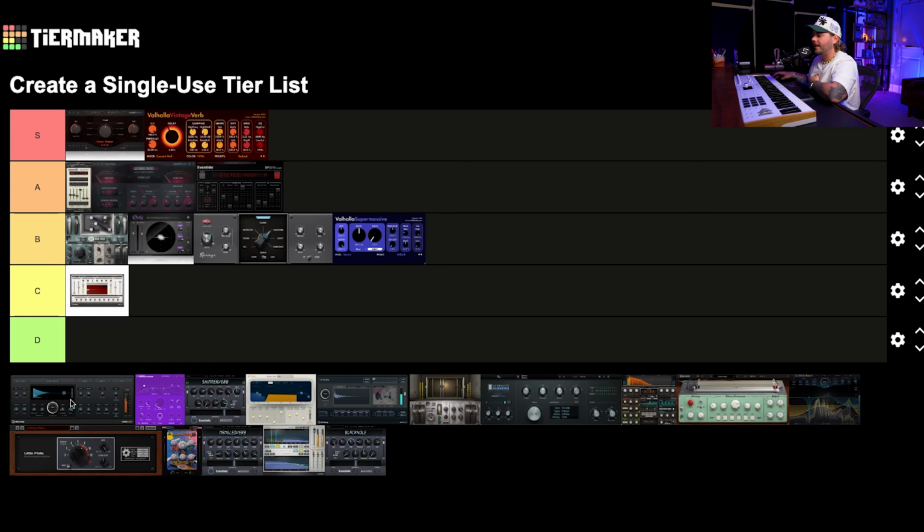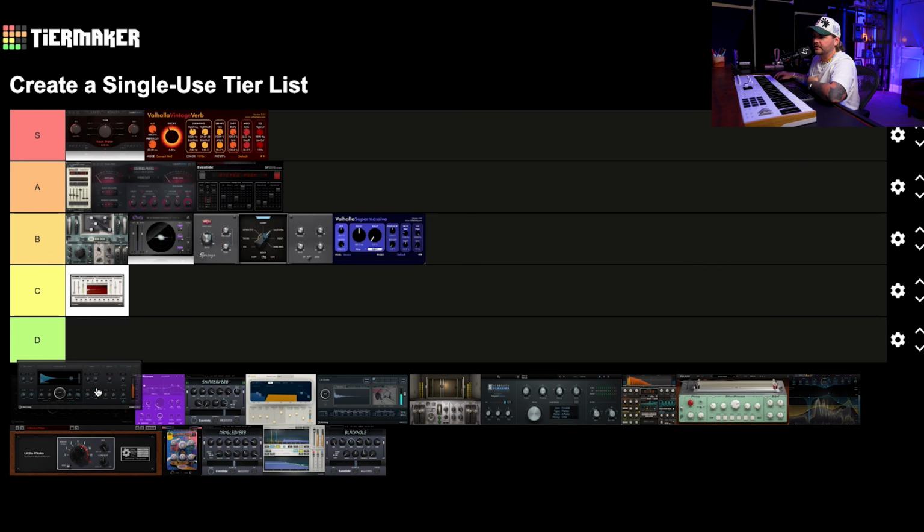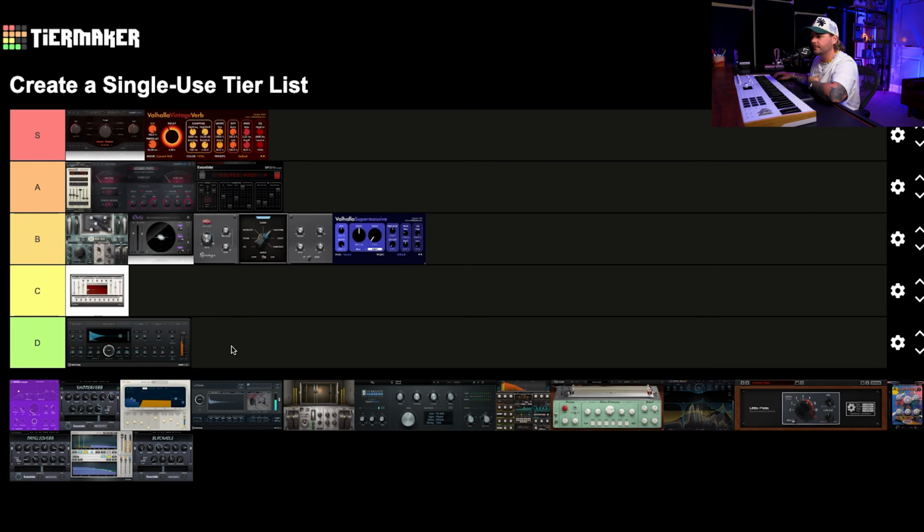The next one that we're going to talk about is Roomworks. This is also a stock plugin out of Cubase. For me, I like Roomworks a little bit less than Revelation. I'm going to go ahead and put this one in D. I don't think that it's bad. I just have a lot of other room reverbs that I grab immediately. With this being a stock plugin,